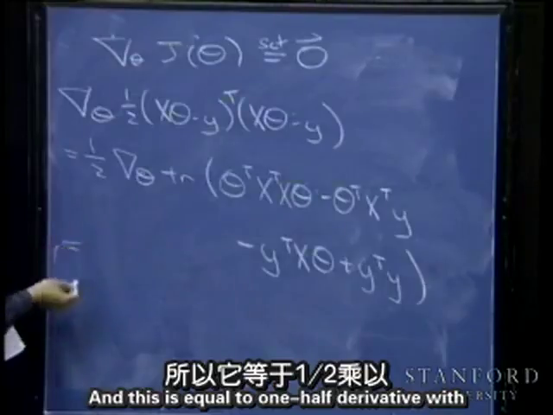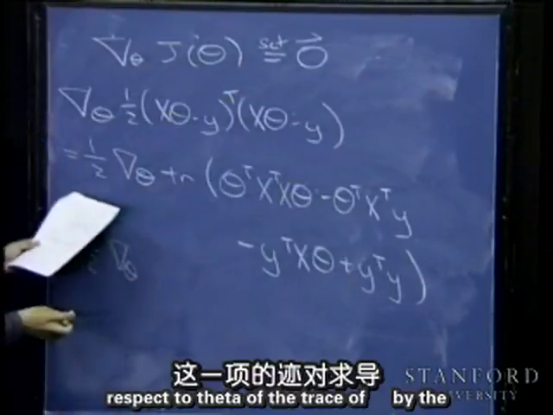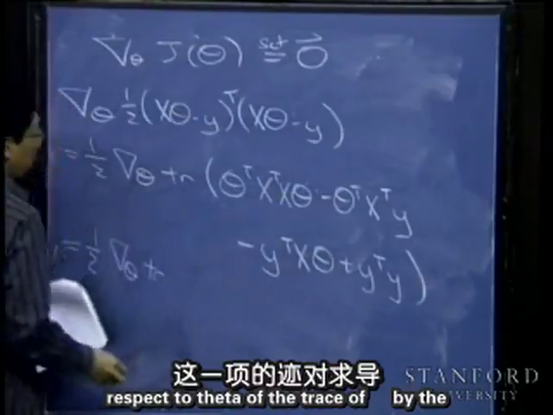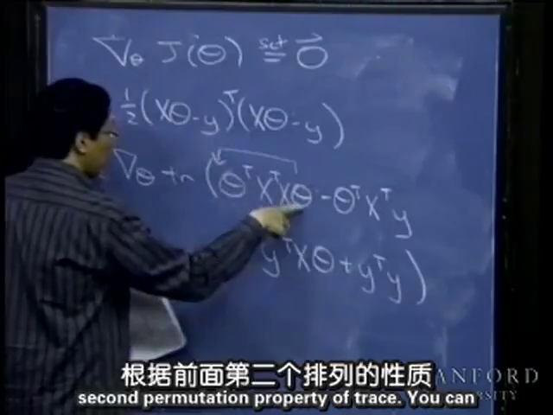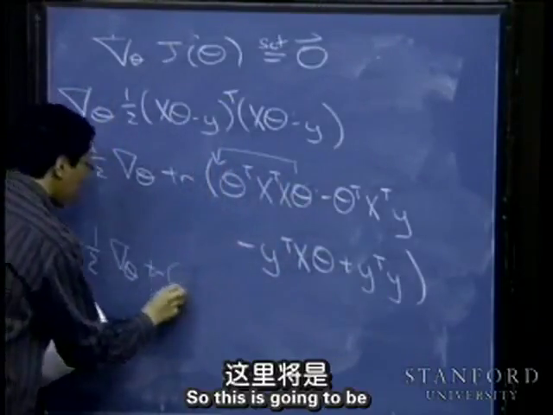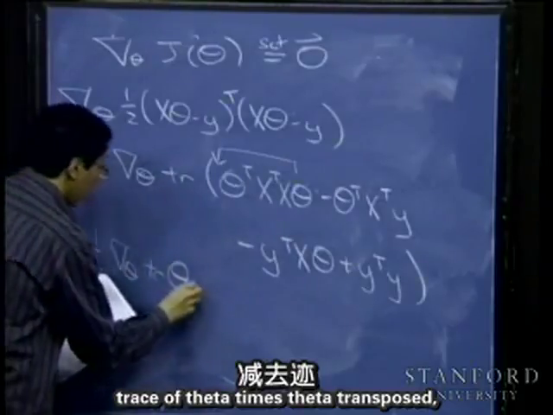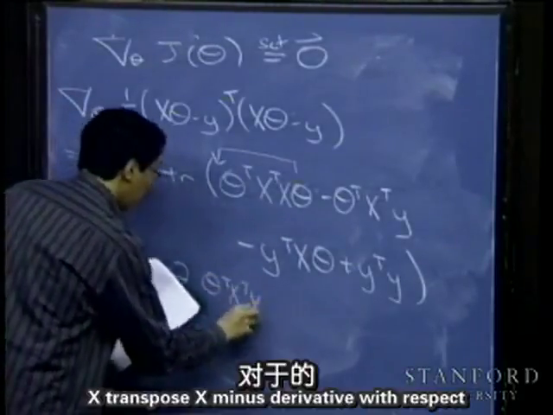And this is equal to 1/2 derivative with respect to theta of the trace of, by the cyclic permutation property of trace, I can take this theta at the end and move it to the front. So this is going to be trace of theta times theta transpose x transpose x